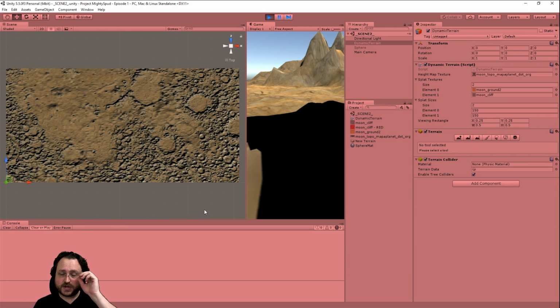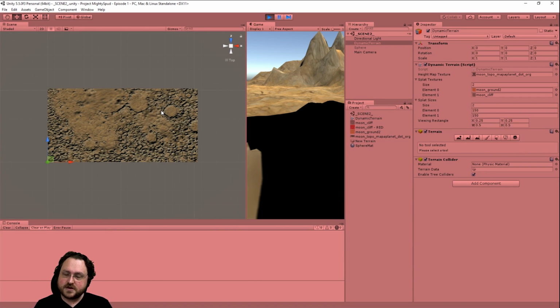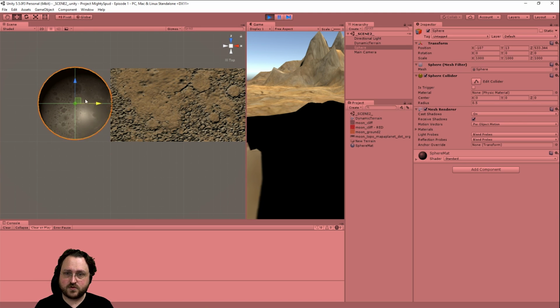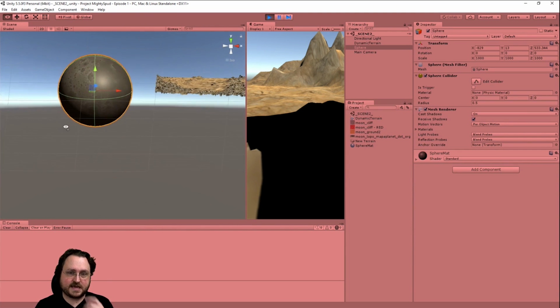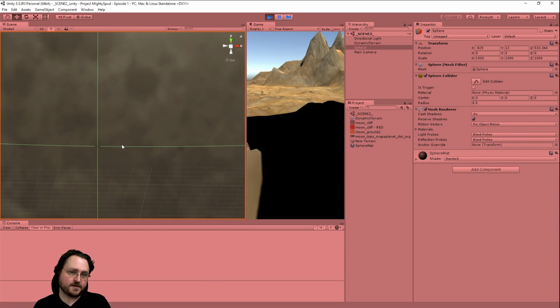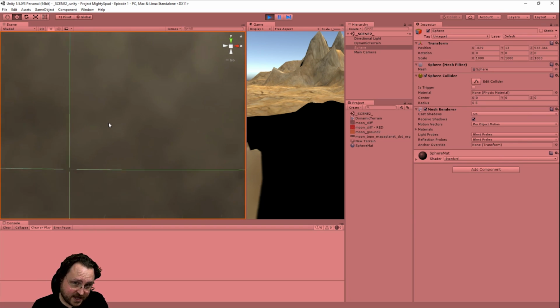Project Mighty Spud is going to involve a lot more, and it's going to involve so much math as we work our way towards swapping from a representation of a sphere, which apparently has to be quite a bit bigger actually, which makes sense. There we go. When we switch from being in space and having the sphere representation, as you get closer and closer to the surface, at some point we're going to want to switch things so that instead of rendering the sphere, we're rendering the terrain lined up perfectly so that the terrain is exactly where the sphere was in the bit that we're looking at. And we swap the two.